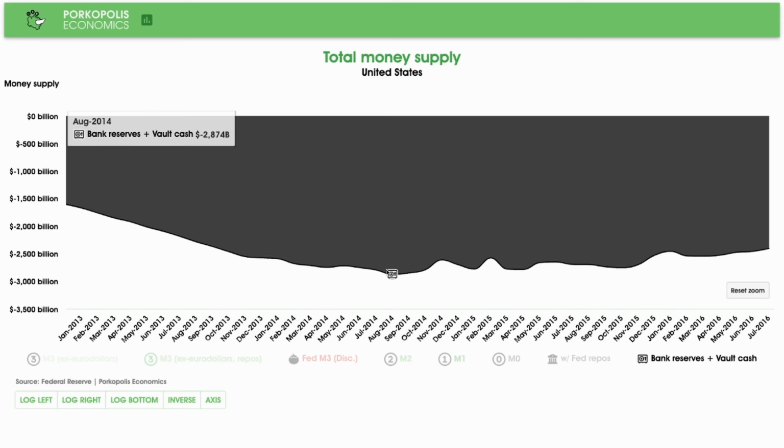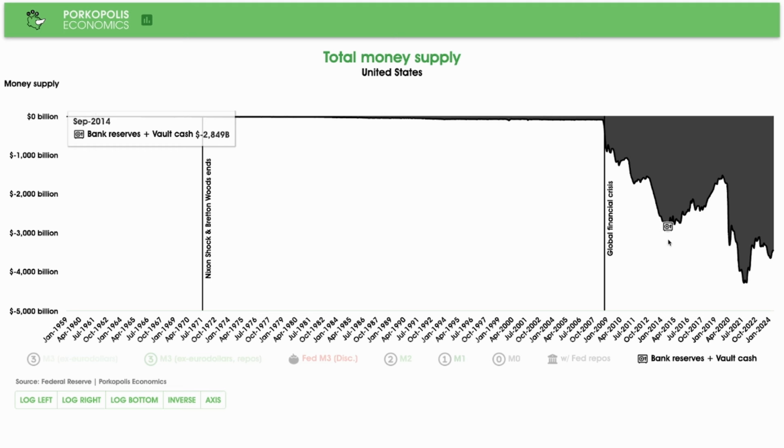Let's even see if we can catch it. Yeah, it seems like it's about 2.87 trillion. Almost $2.9 trillion was about the max in late 2014. They destroyed money. This is them trying to normalize their balance sheet. They were literally destroying a portion of the banks' money at this point, all the way until, I should say, September, October of